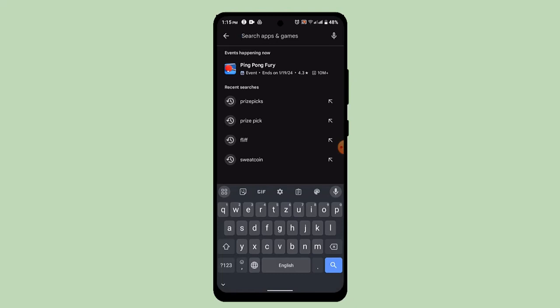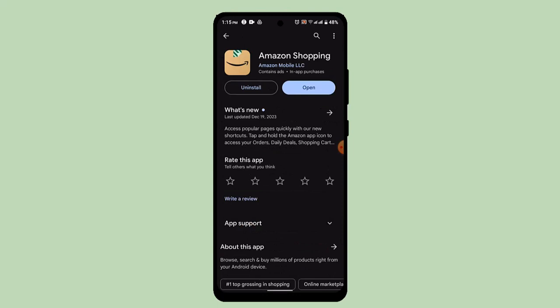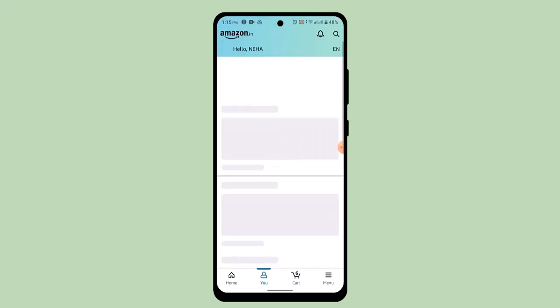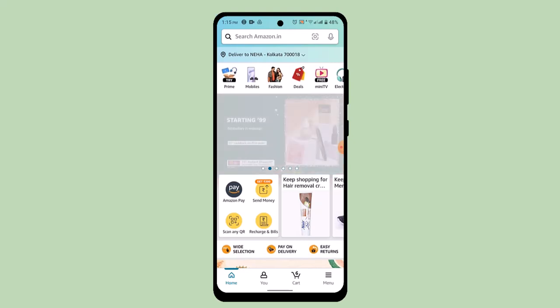If not, update the application. For that, type in Amazon app. After that, make sure to click the install button if you have not installed it. In my case, I've already installed it. Now go ahead and click the open button, create an account, and that's going to direct you to the home page. Once you're logged in, it's going to take you to the home page, which is going to look something